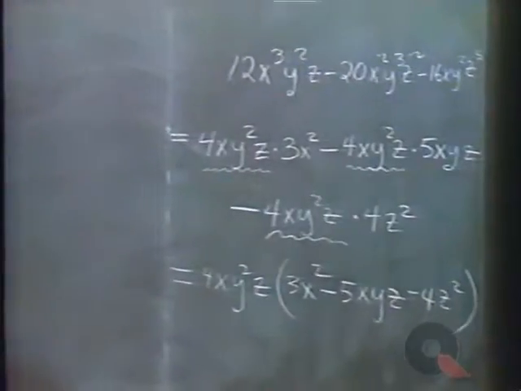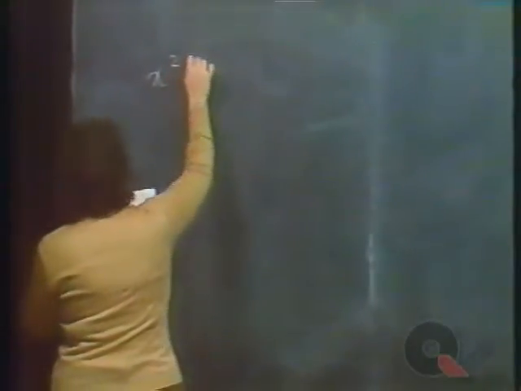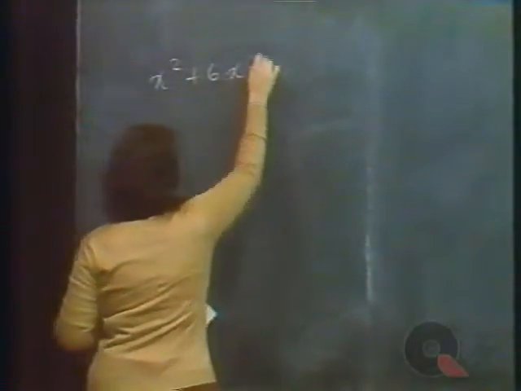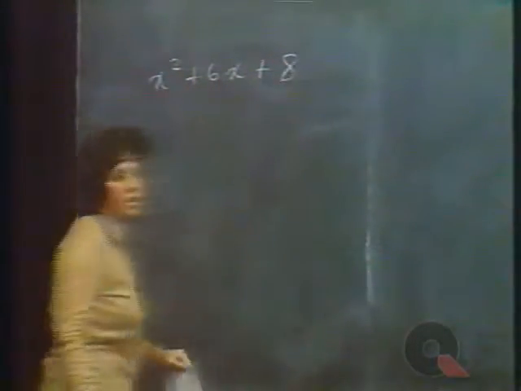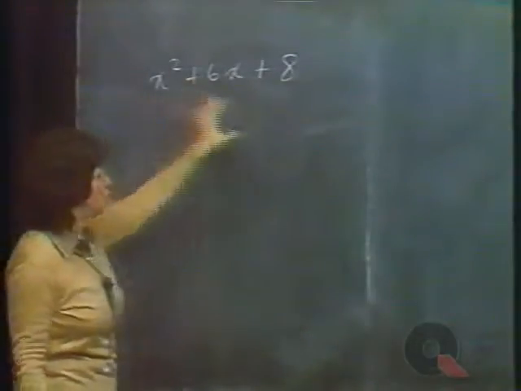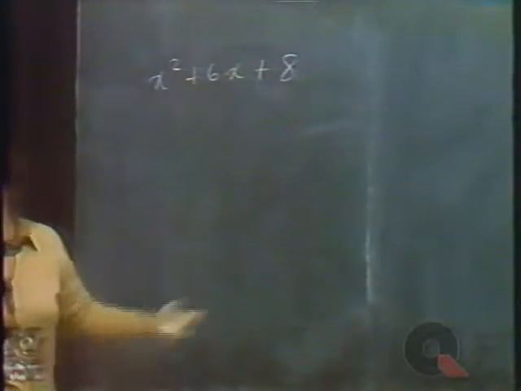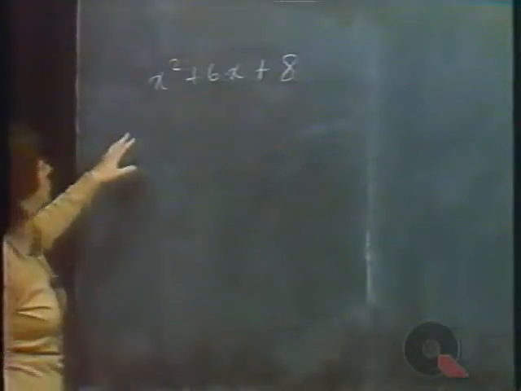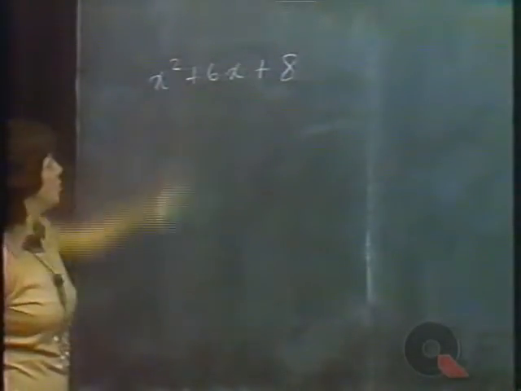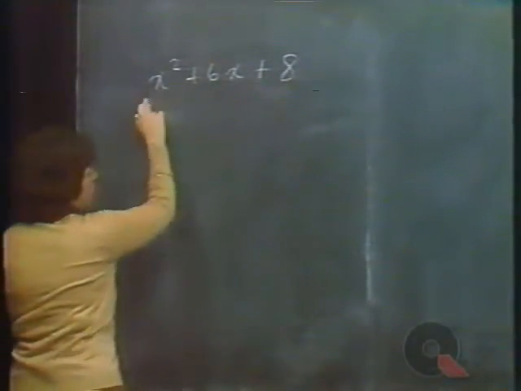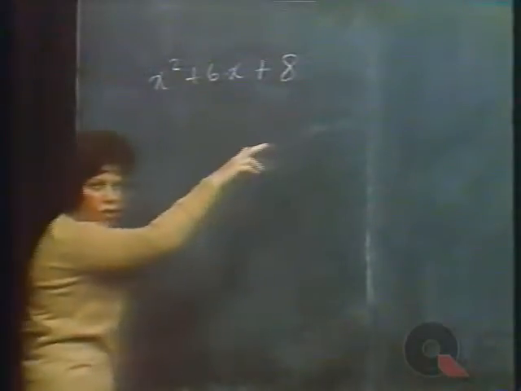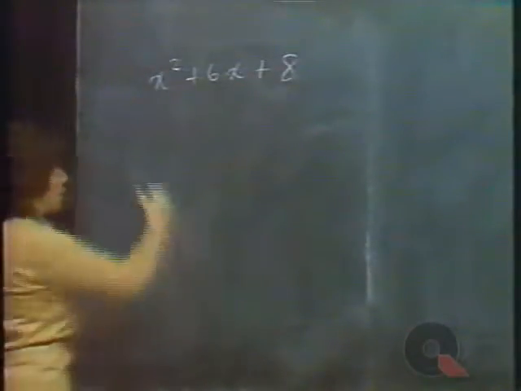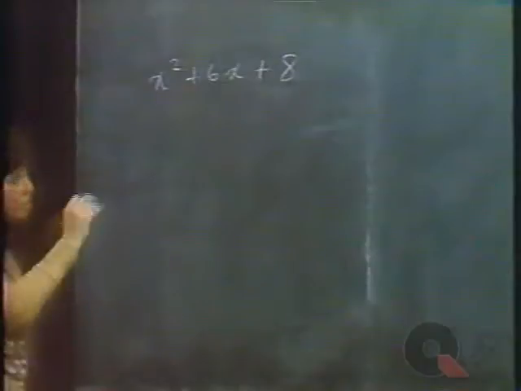Now, suppose you wanted to factor something like this: x squared plus 6x plus 8. Here, these terms have no factor in common other than 1. And we're not going to bother pulling out a 1. Okay? We do not mean pull out an x from these two terms and leave the 8 alone. We were looking for some common factor that occurred in all three terms, and there is no such factor in